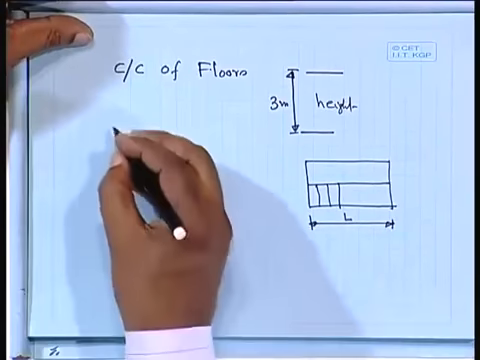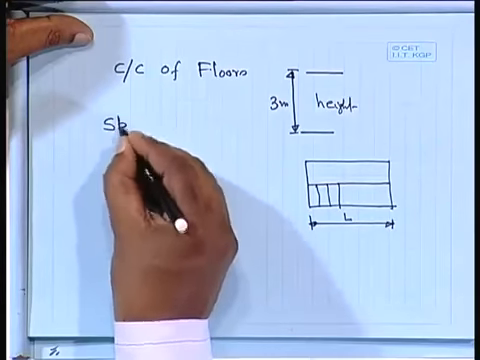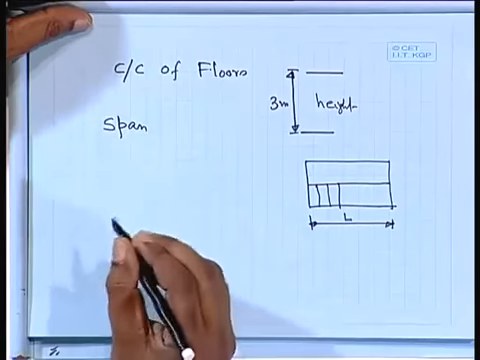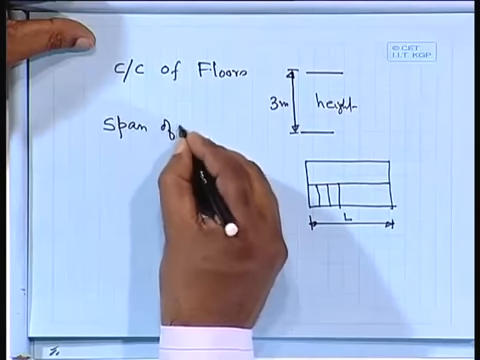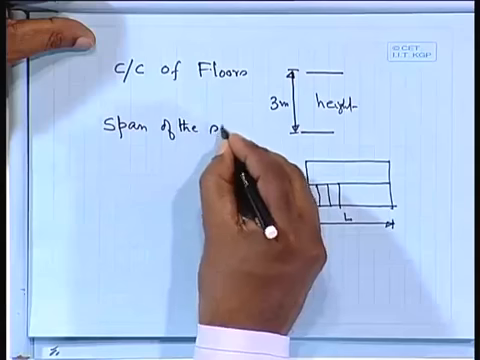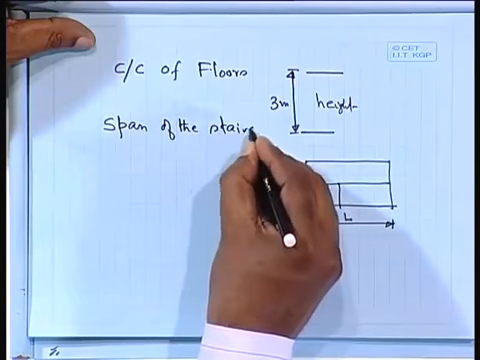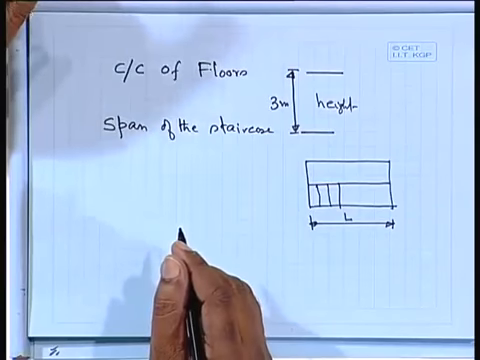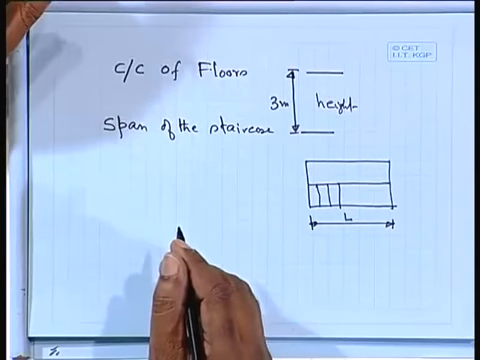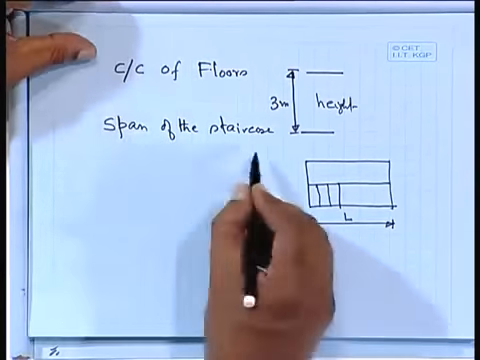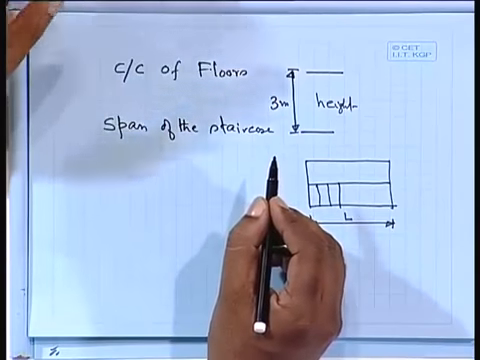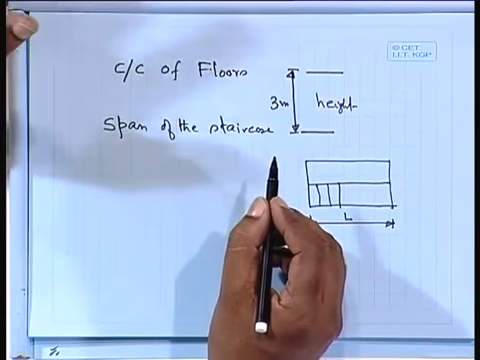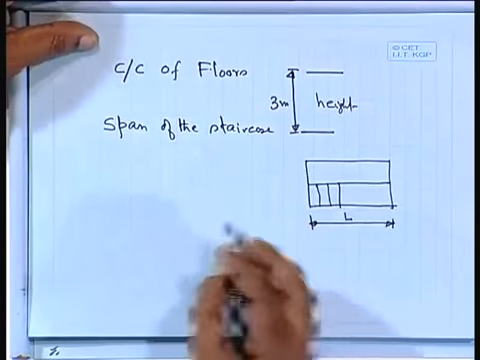Now the next part is the span of that staircase. So we have to calculate the dead load, live load, and we have to find out the span. From there we can calculate the bending moment as well as the shear force. So what we generally do,